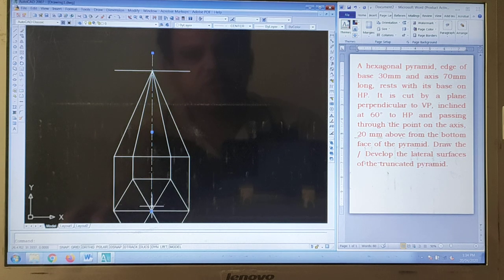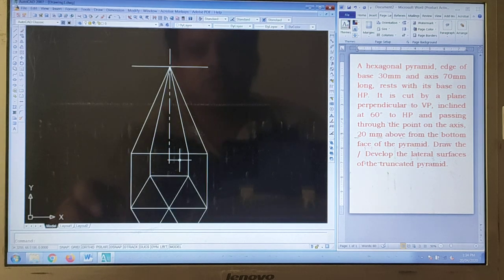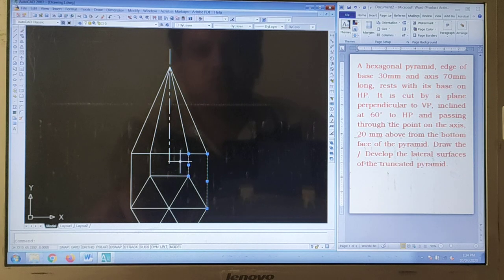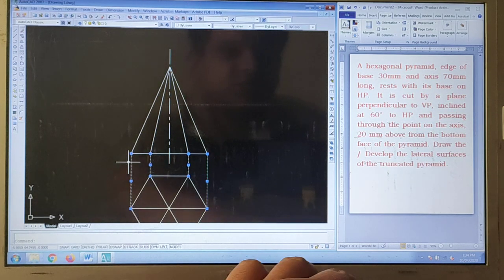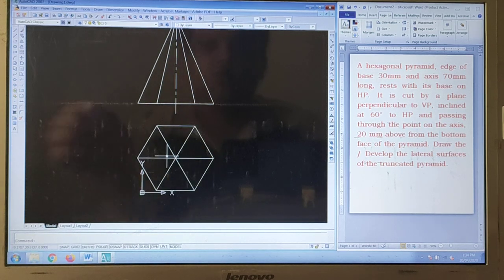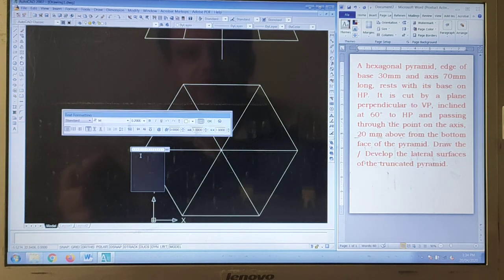Now we don't require this line from this particular point, so we will change this particular point, isn't it? This line is also not needed now. This is also not needed now, isn't it? So we are deleting it. Done. Now what is remaining is the naming, isn't it? So for that purpose, this text we will insert over here, and the height of it we will give as 3 mm, isn't it?